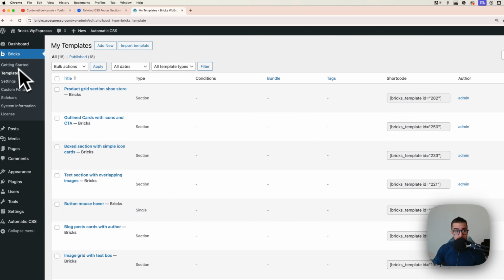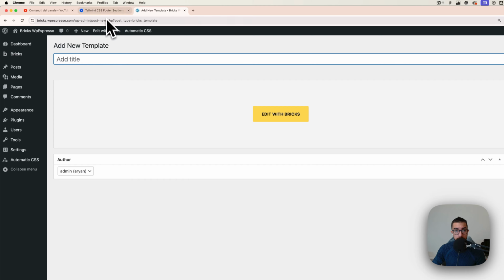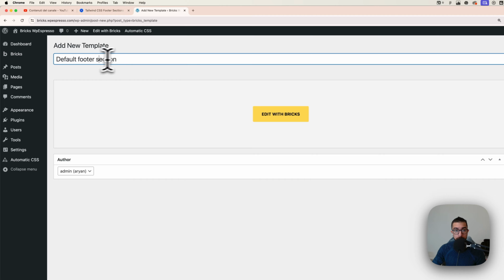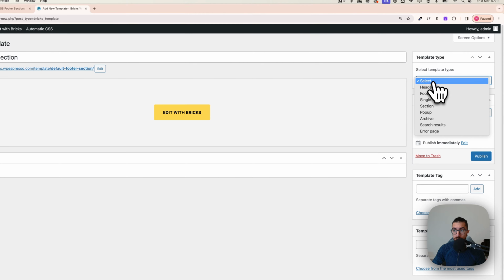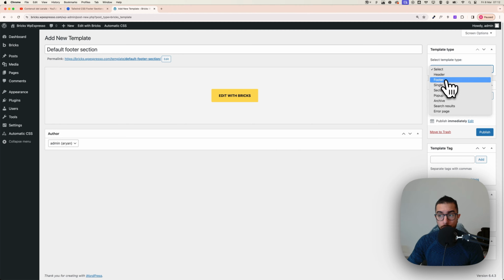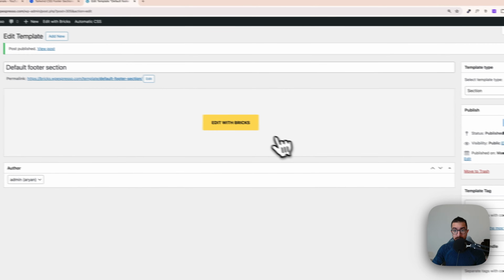The first thing is templates into bricks and then add a new. And here you can basically copy the name or just name it as you wish. I will call it default footer, like the example, and then here on select template type you should select footer. This is the one that you should use if you want to use it as a footer. For this tutorial, of course, I'm going to use it as a section and publish, and then add it with